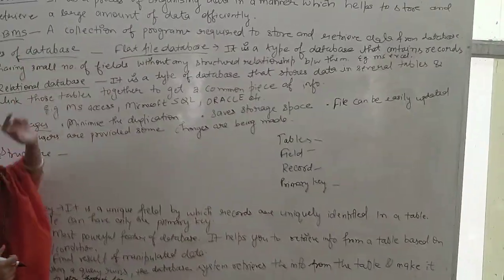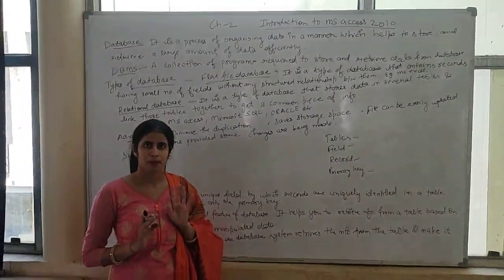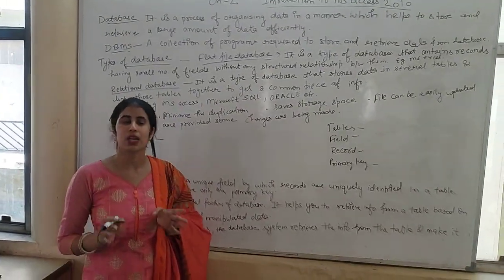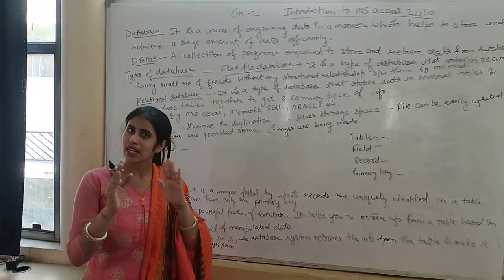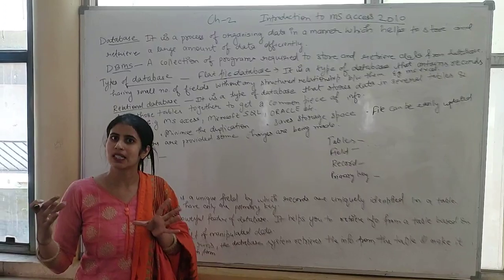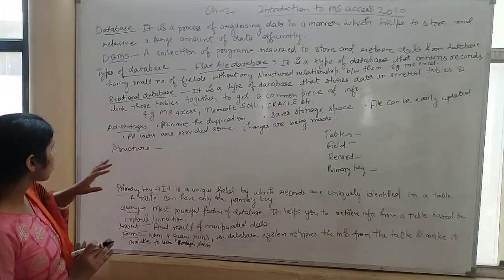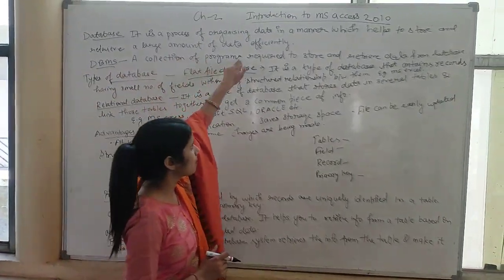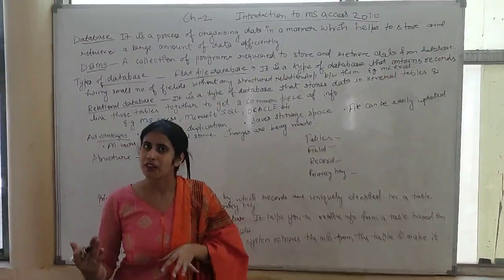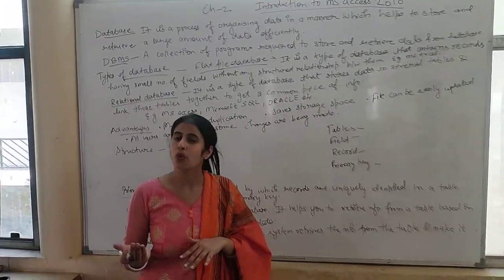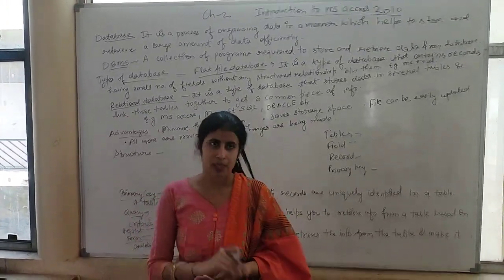And next is DBMS. What is DBMS? DBMS stands for Database Management System. It is a software. This software is used to retrieve the data from any database. Suppose we are having a database, so to retrieve, to get the result, to get any contact, any information from any database, we use DBMS software. Mainly it is a collection of programs required to store and retrieve data from database. Means we can easily retrieve data from database with the help of query. We use query to access the data from the database.